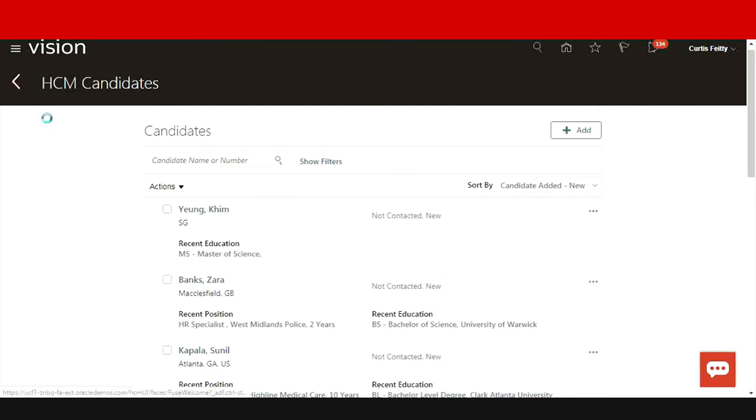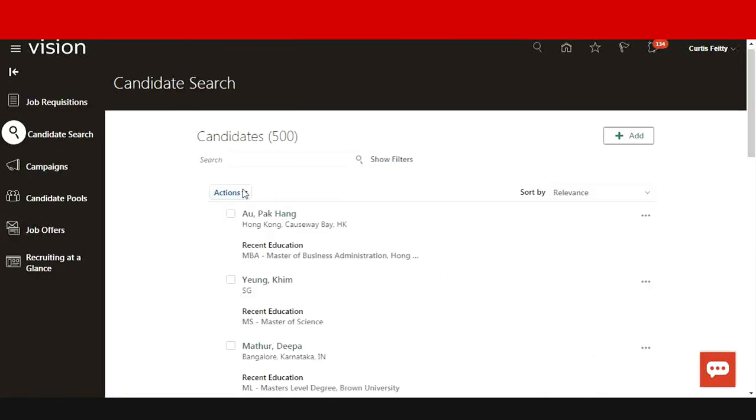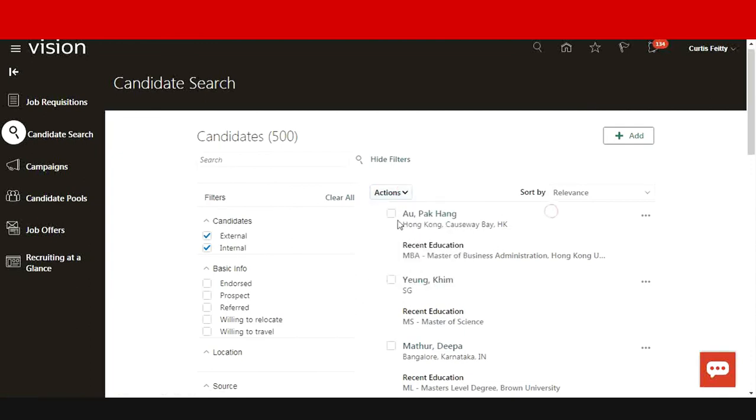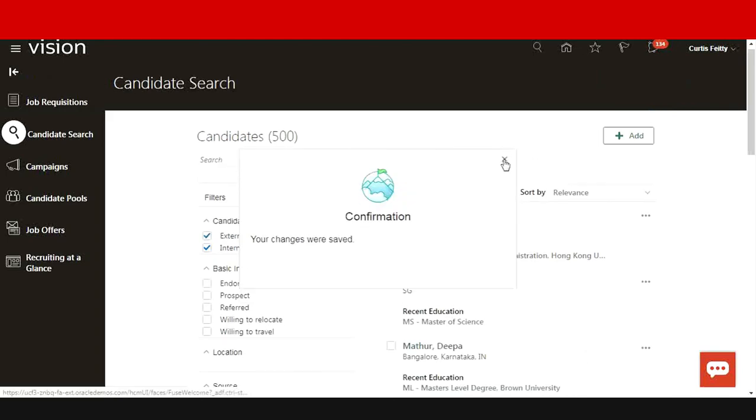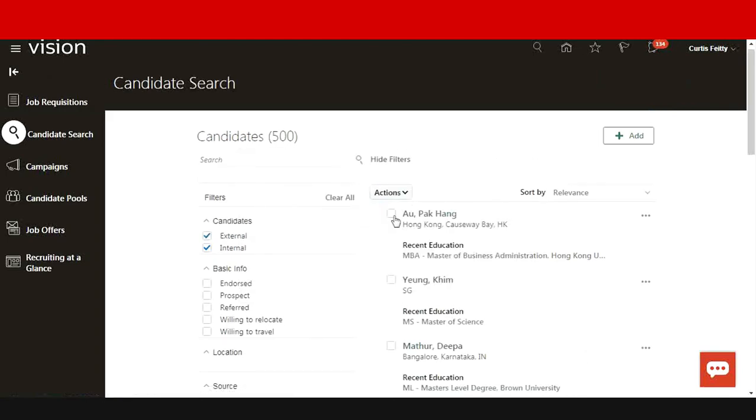Now go back to your system, the search page again, go to the actions again, select a person, and click on another action, which is add an interaction. Now you can initiate an interaction with a person. If a person has completed a second round of interview and you want to call him for another round, you can send an email. Select the type. You have various types here. You can call for a person meeting, you can send a message, you can send an email. In this case I am taking an email. Kindly attend final round of interview. This is how you are going to initiate an interaction. So this candidate will get an email and will respond to it.